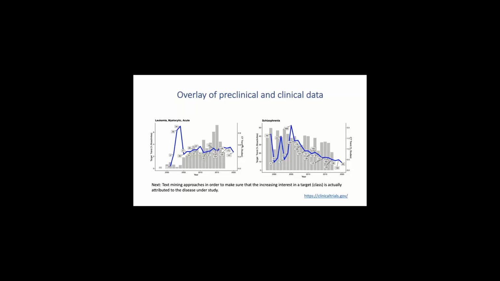And for schizophrenia, we see a downward trend both for clinical studies as well as it's captured by papers in Campbell. So I think there can be much more done in the future by including more data sources, and also think about how do we accommodate these different data sources in terms of the time lag and so on. And one thing I also mentioned is, okay, to be sure about causality, we probably have to include text mining approaches to really, from the paper, capture the disease that the people have been working on at the same time.